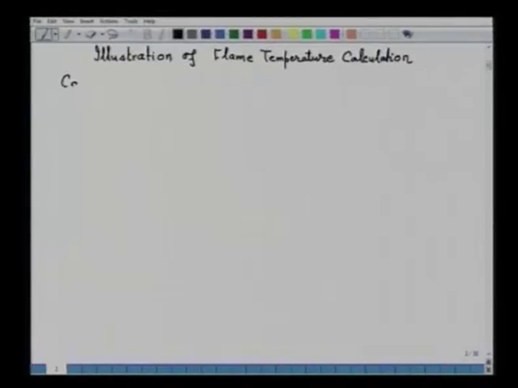So, let me illustrate today the calculation of flame temperature. So, let us calculate AFT. As I said earlier, it is adiabatic flame temperature for combustion of fuel gas,